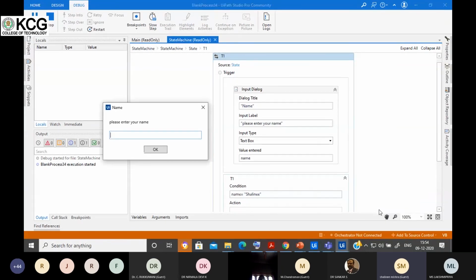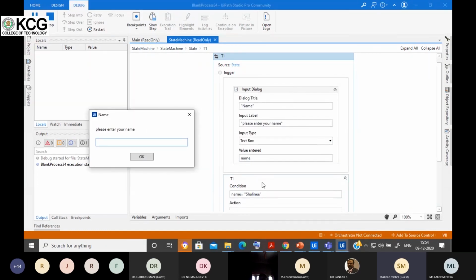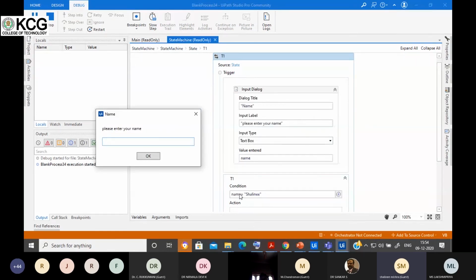Now I'll write a name other than Shalini, or I'll write it in small letters, so this condition will not be true. Now you can see the condition is not found true, so again and again, till the point this condition becomes true, this loop will get executed. Now I'll write the correct name, Shalini.